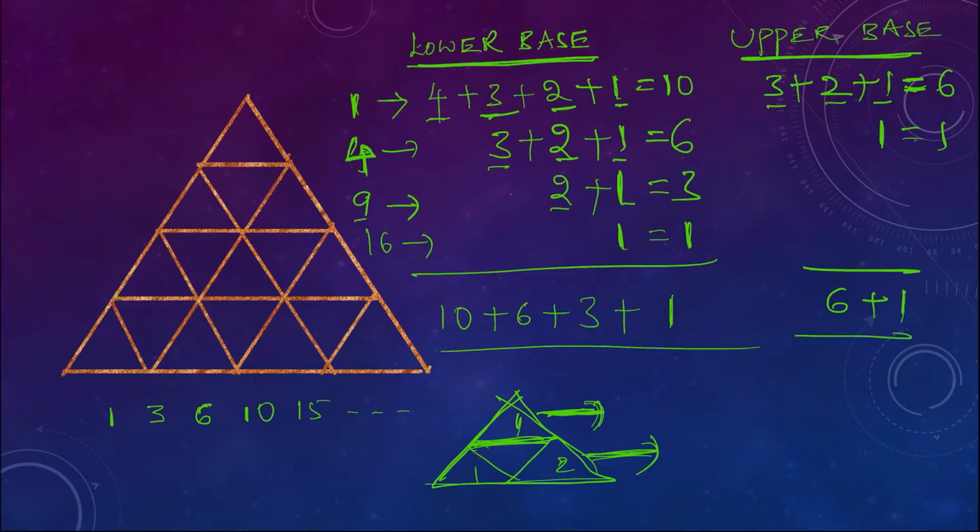We can start from 1 plus 2 plus 3 plus 4 plus 5 plus 6, like that. Series continuation. So here observe carefully: 1, 3, 6, 10, 15. Suppose here 4 lower base triangles, lower base smaller triangles attached to any side of bigger triangle. Here 4 smaller lower base triangles you can observe attached to any side of bigger triangle.